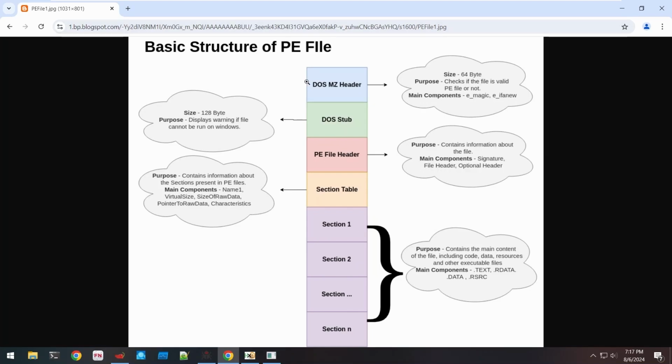As you can see, this is the structure of a PE file, where first we have a DOS MZ header, then the DOS stub and the PE file header. Then we have a section table, and after the section table we have the sections that are present in the executable file. Now let's understand this more by